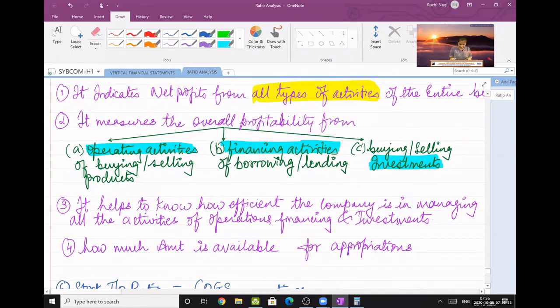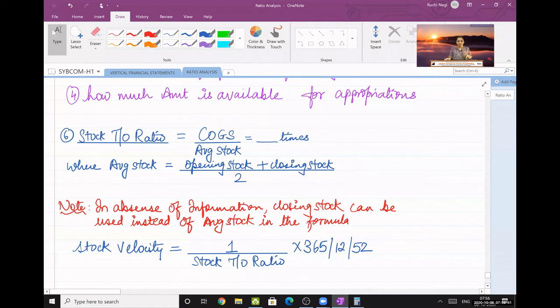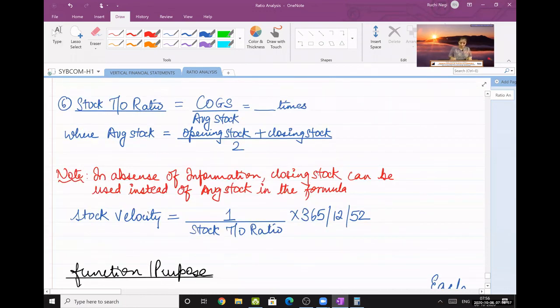And the last part, stock turnover ratio. This I had done along with balance sheet ratio also, because there was one sum जहाँ पे balance sheet ratio के साथ इसको पूछा था stock turnover ratio. So we have already done this. What is turnover? Turnover means the number of times you are able to convert your stock into finished goods. This is the formula: COGS upon average stock, and whatever final answer you get is in number